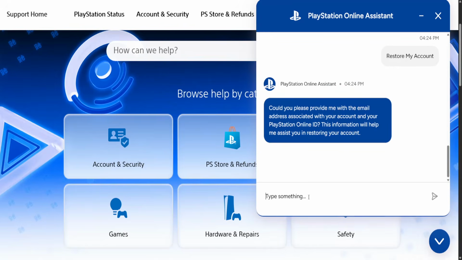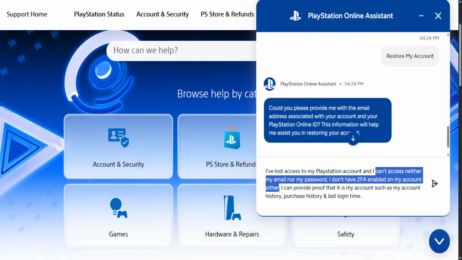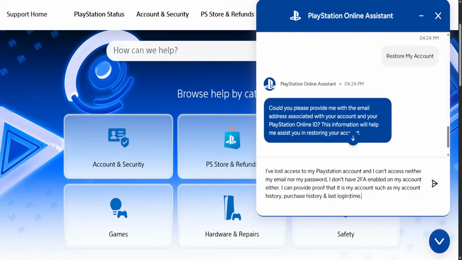So what we gotta do is type this message: I've lost access to my PlayStation account and I can't access neither my email nor my password. I don't have two-factor authentication enabled on my account either. I can provide proof that it is indeed my account, such as my account history, purchase history, and last login